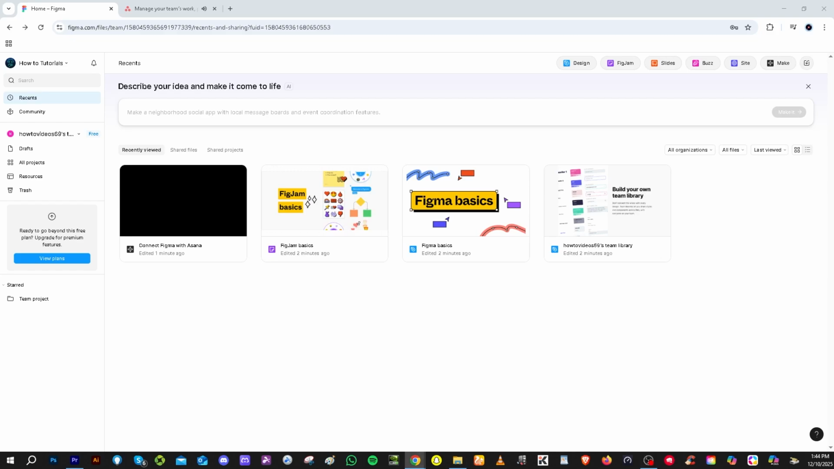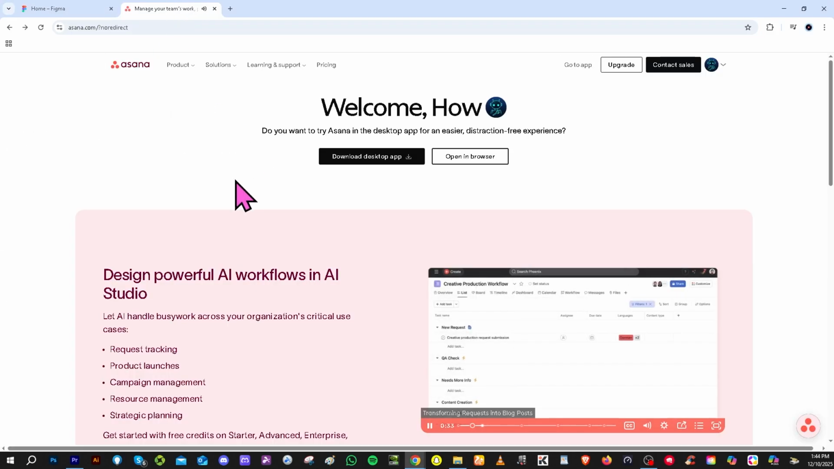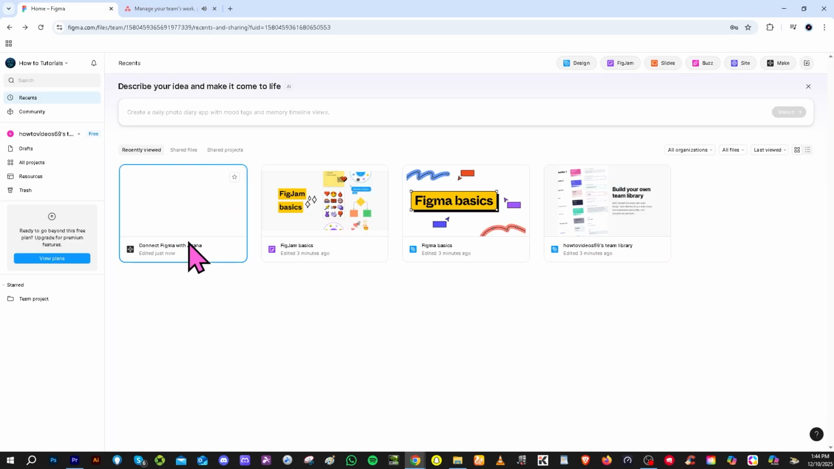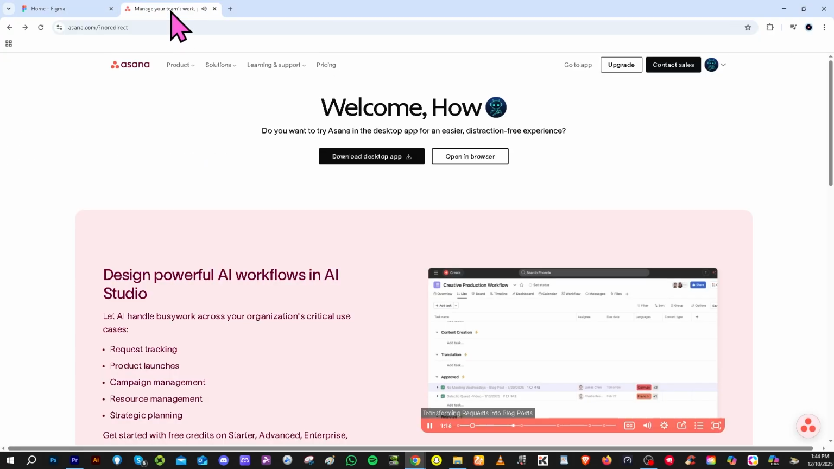In today's video, we are going to show you how to connect Figma with Asana so you can streamline your design to development workflow, attach real-time Figma files to tasks, and keep your team perfectly aligned. Let's begin. Now, for you to be able to connect these two, you can simply go to your Asana account,